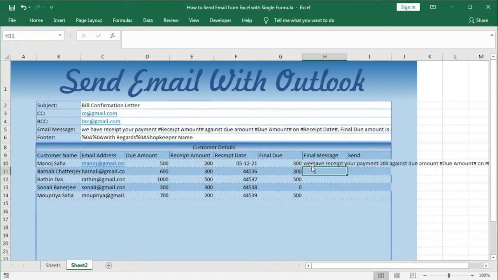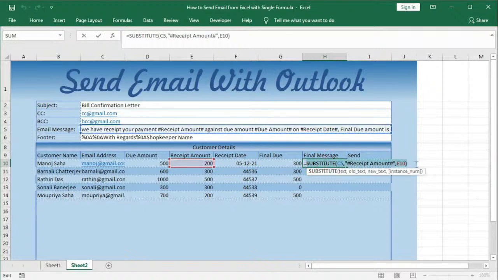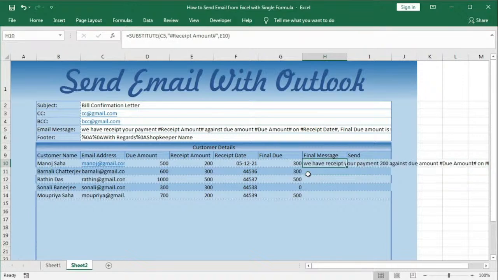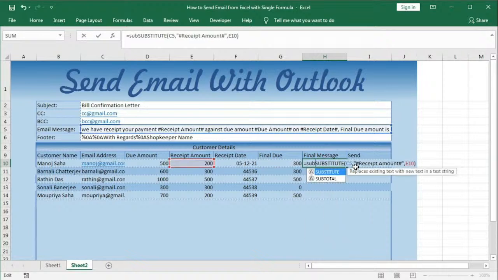So you can see here we got the result in this way. Press F9. We have received your payment with 200 against due amount. So these values have not changed. So now we will replace this value. So here we will use another substitute. So this one is the text, this formula is the text, then old text is hash,